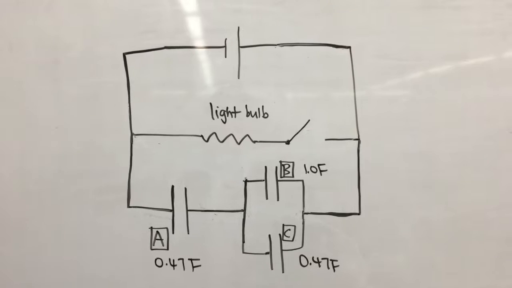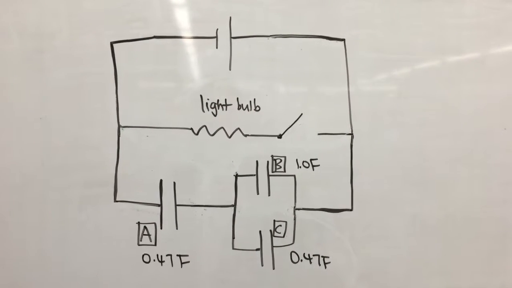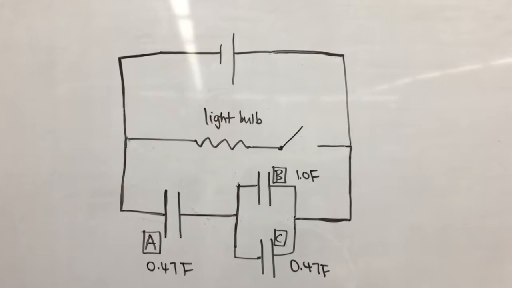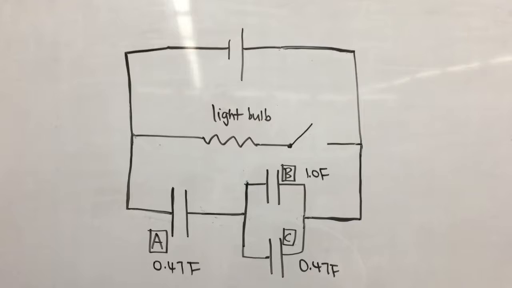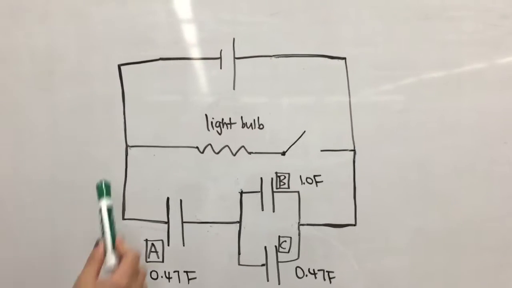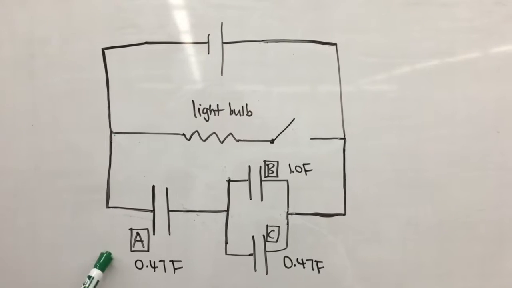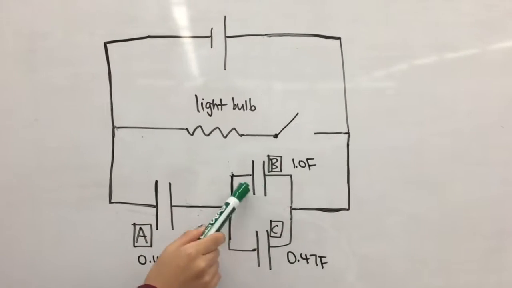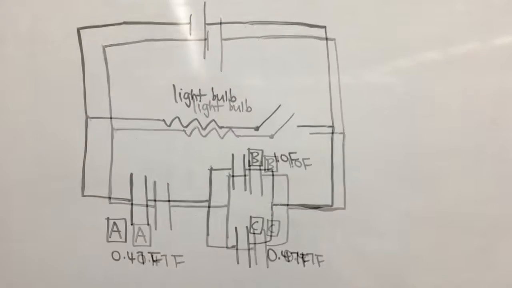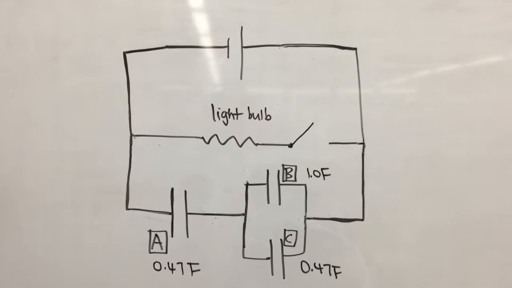So this is the circuit that we are going to set up today. As you can see, we have a battery as our power source, we have a light bulb with a switch on the side, and the light bulb is in parallel with a bunch of capacitors. So capacitor A is in series with capacitor B and C, and capacitor B and C are in parallel with each other. So the goal of our experiment is to find out the charge distribution on the different capacitors